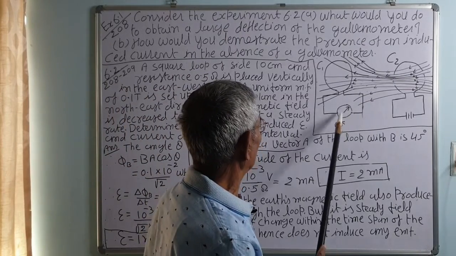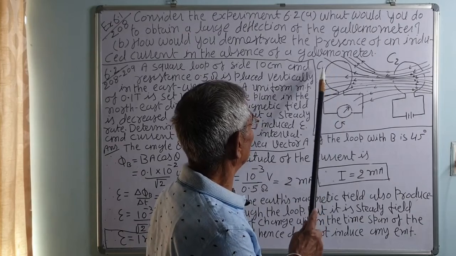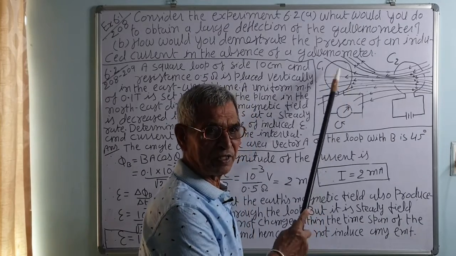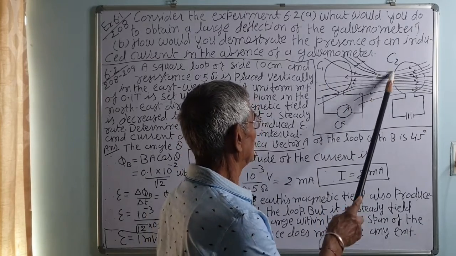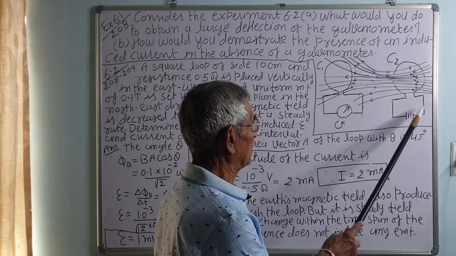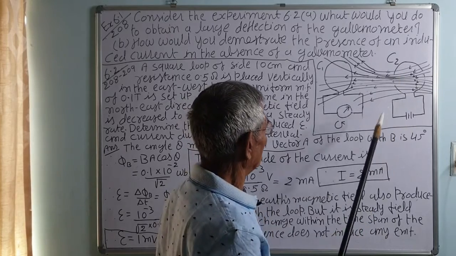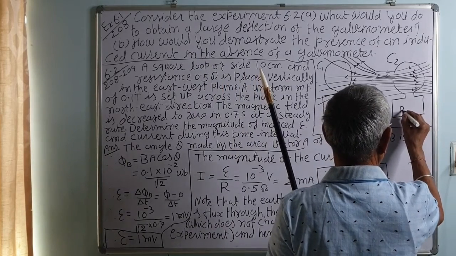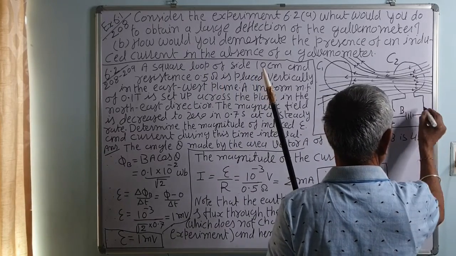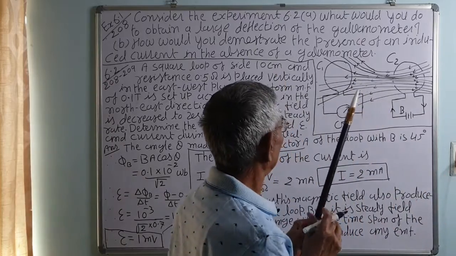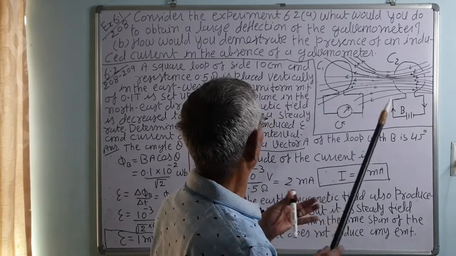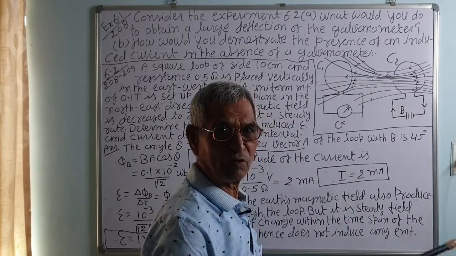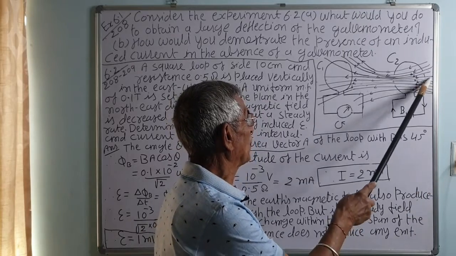Let us see with the galvanometer circuit. This is coil C1. I have shown only one turn, you can take a number of more turns also. This is the C2 coil which is connected with the battery B to provide the current. The magnetic field is produced in the coil. Now, we want to increase the magnetic field. How can we increase it? By inserting a soft iron rod.